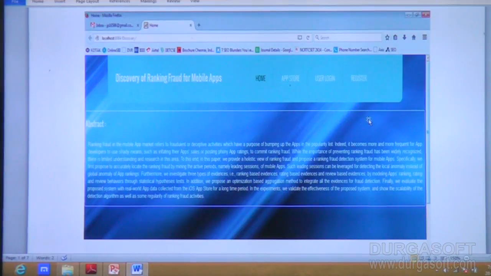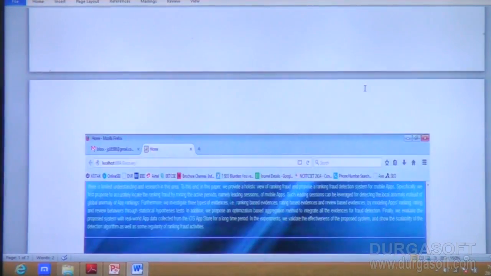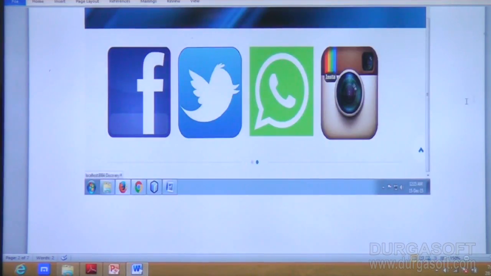So this is the home page. I can click on the App Store, or I can log in, or register as a new user. This is all about the home page only.